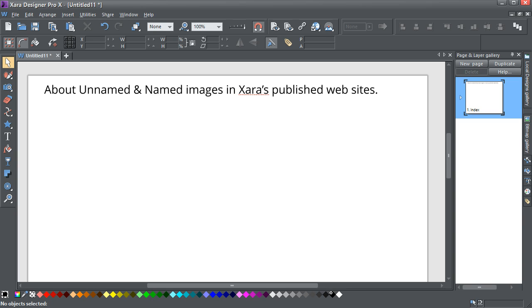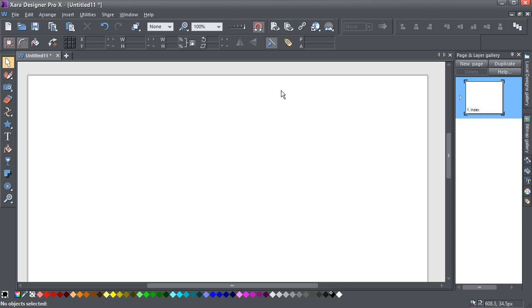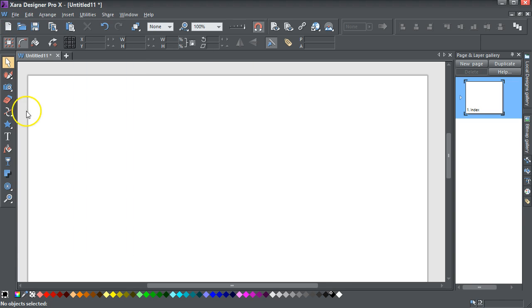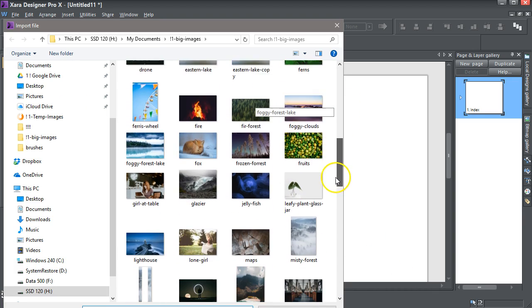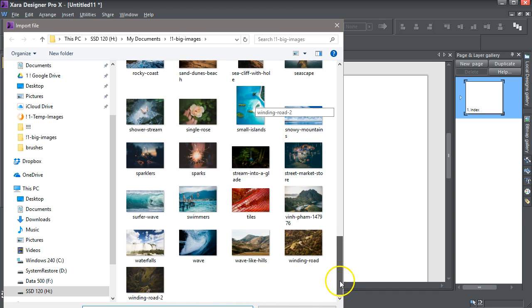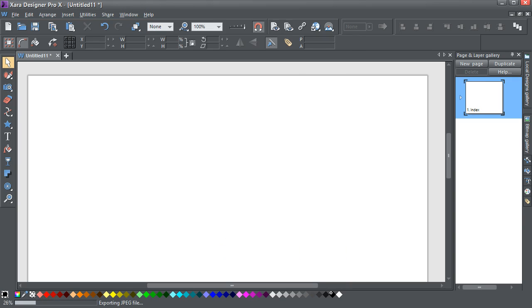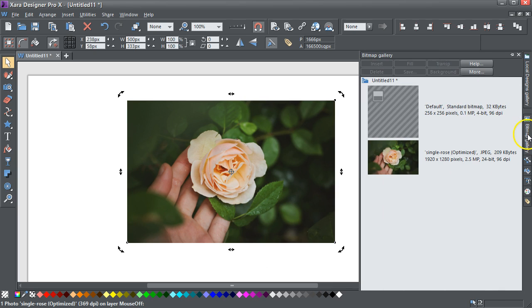Let's just start then. I'll delete that title, and what I'm going to do is go File, Import, and I'm just going to import an image which is going to be this one here, single rows, and it comes in, and if I look at the bitmap gallery, it's 1920 by 1280. I don't want it that big, but